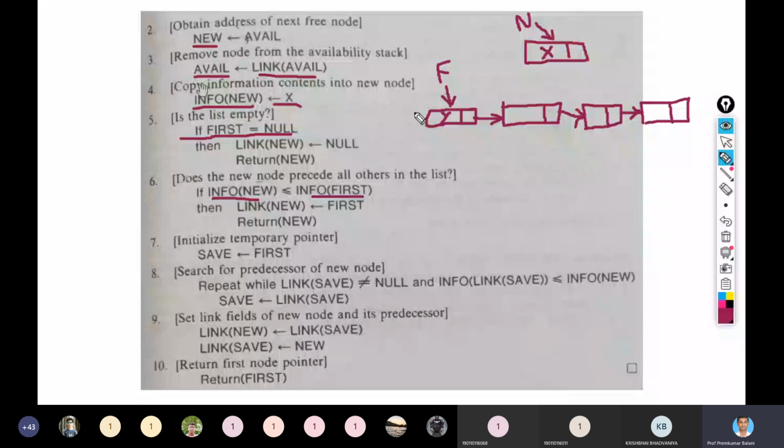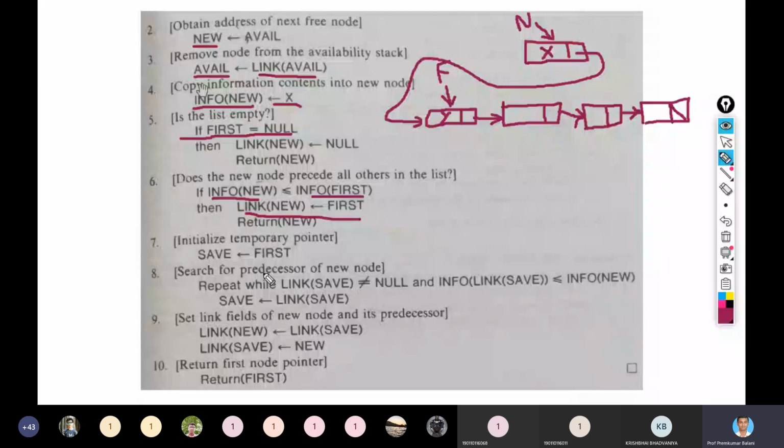So how will you update the links? The link of new should be updated with first. So now my linked list has 5 nodes. Previously there were 4 nodes, and now I have 5 nodes, and the node is inserted at the first position.